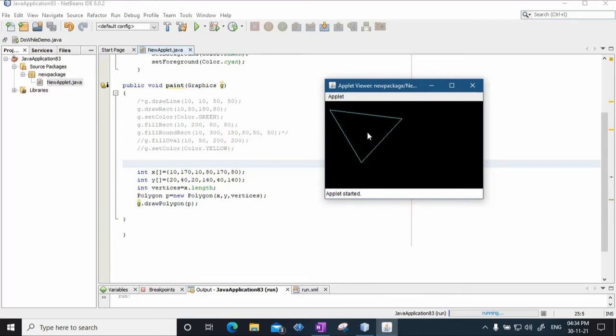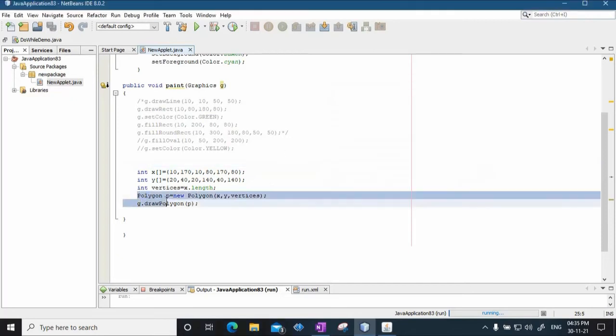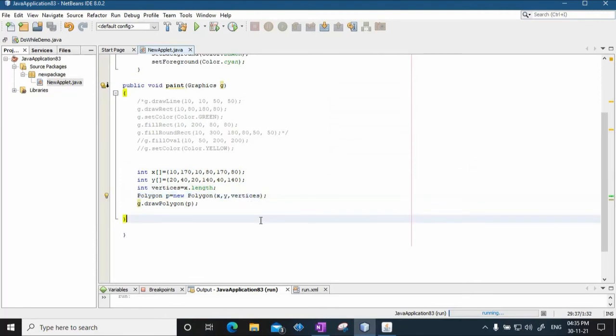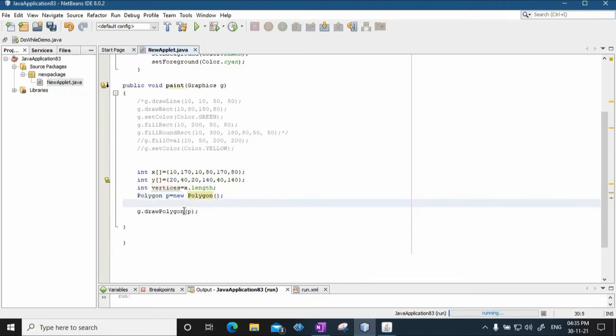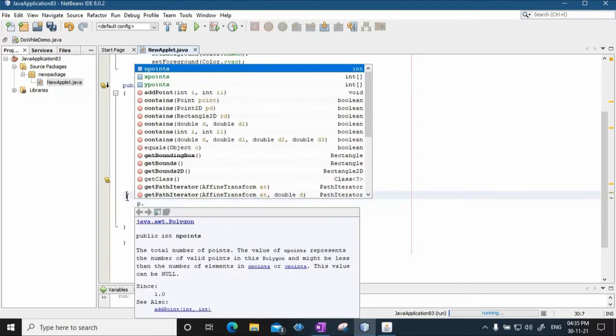Now polygon can also be drawn using a method called add point. We can just go on adding points and we can draw polygon. So that also we will try. Once you create a new polygon, you don't specify values to the constructor.